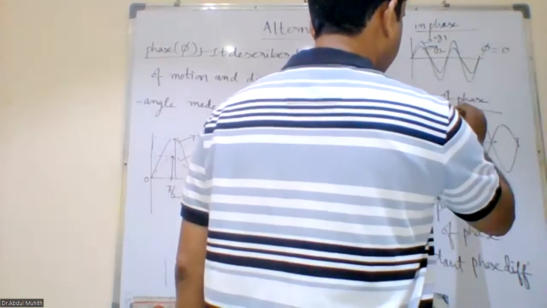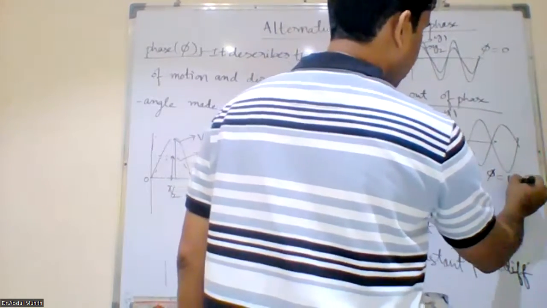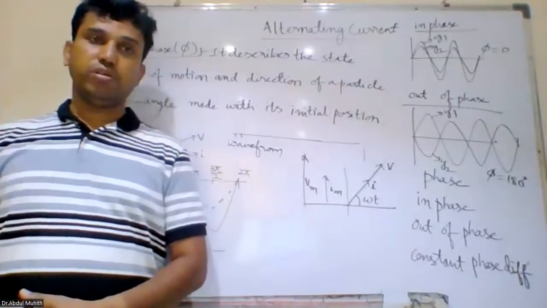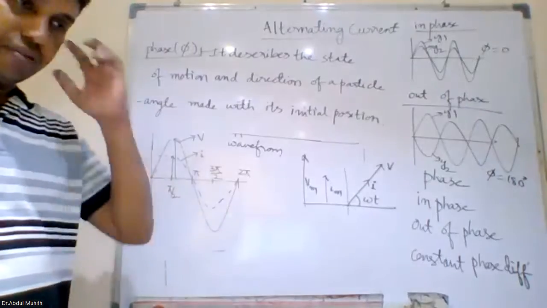This is y1, and the second one is y2. The angle here is 180 degrees. Suppose you want to go with your friends to maybe a picnic or something, and so